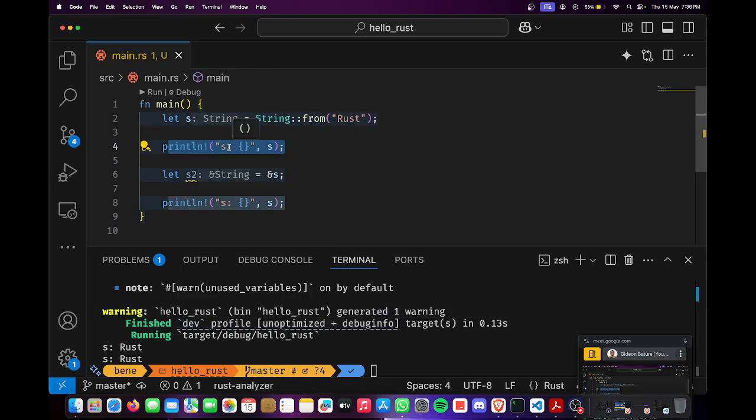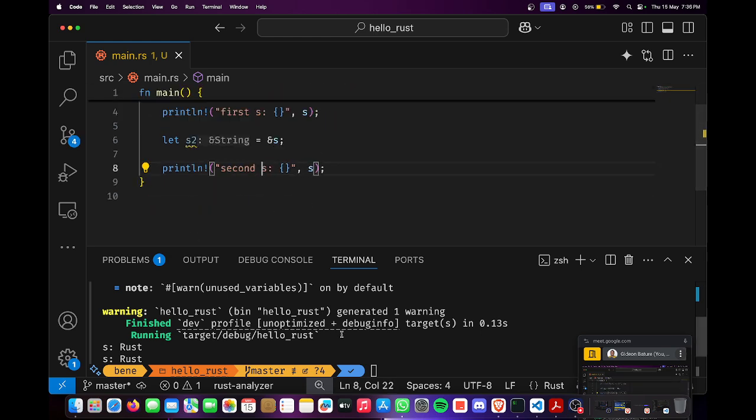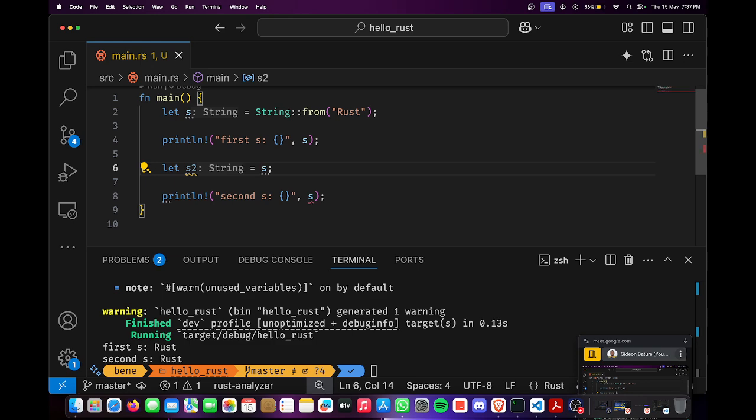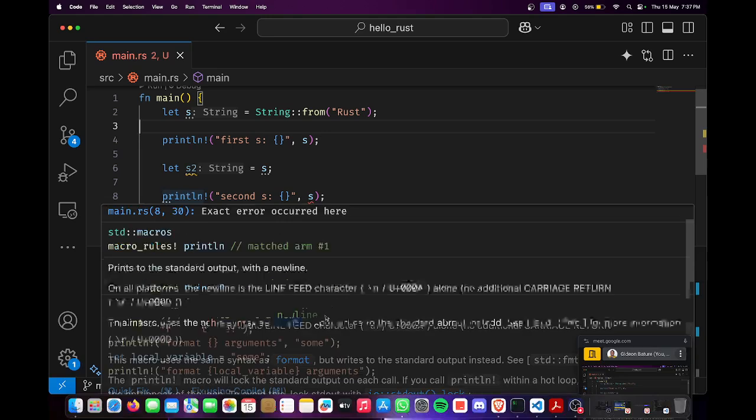Here it's pretty okay. Let me even put it as first s and second s so that we are going to see it. So let's run it. You can see first s Rust, second s Rust. But if we remove this reference and say no, we just use s, what we have done here is to move the value from s to this s2. So if we run this one now,